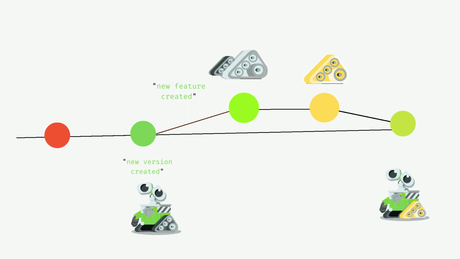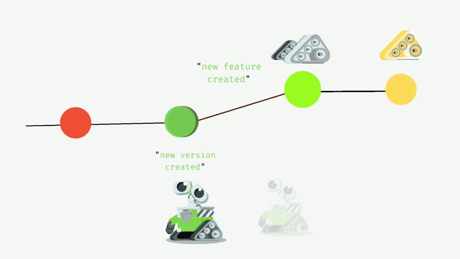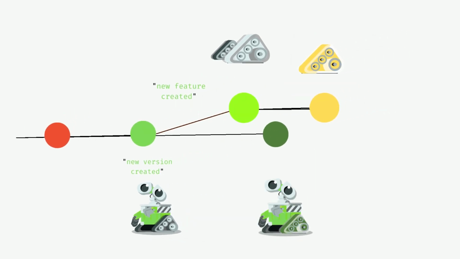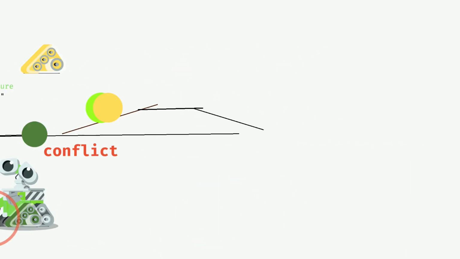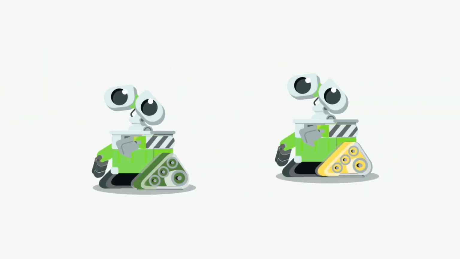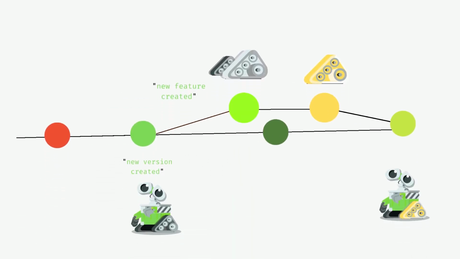But this process doesn't always work that way. Sometimes conflicts can arise during the merging of two branches. Okay, let's go back to the previous stage. If we make modifications to the same feature in the main branch, merging those branches might result in a conflict. To resolve this issue, we can manually edit the file causing the conflict. This way, we can resolve the conflict during the merging process.